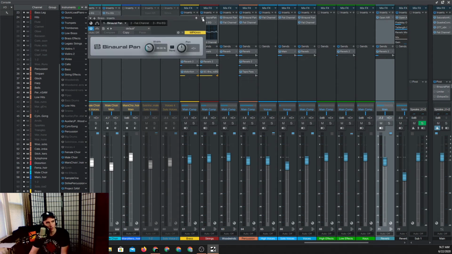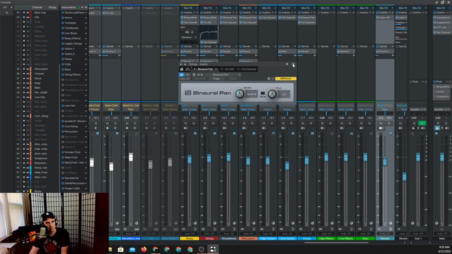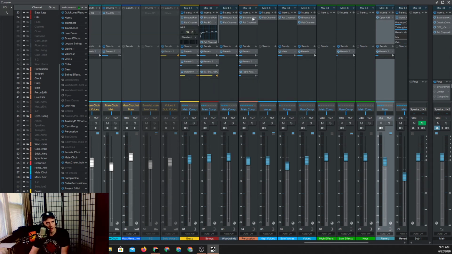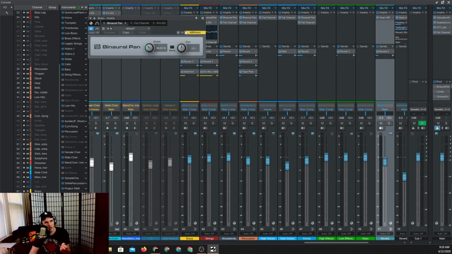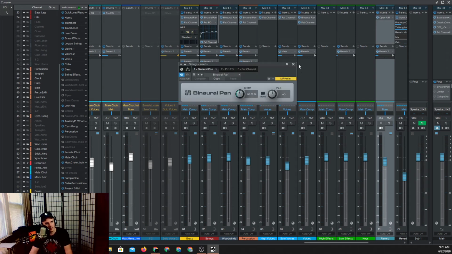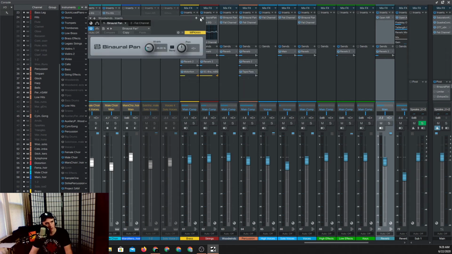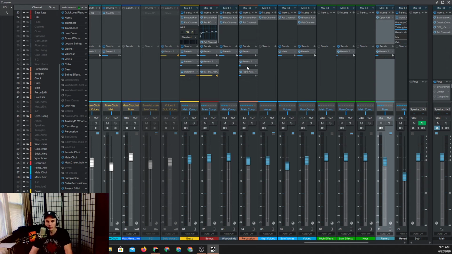And then also, something else that I found very revolutionary, at least for my mixing game, is that I did add binaural pans to each of the instrument buses. And what binaural pan does, as I said earlier, is it increases or decreases the width of your stereo signal. So technically, I could put the brass in mono if I wanted to. Now, why do I have them set at different widths? Well, what I'm trying to do is to further emphasize and articulate the accuracy of where each of the instruments would sit